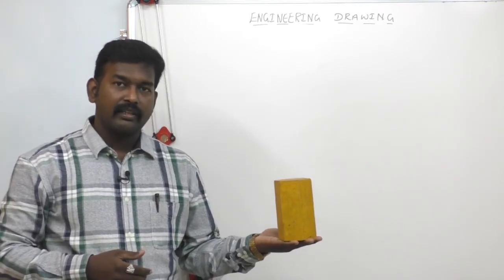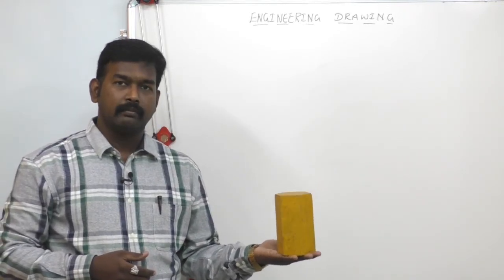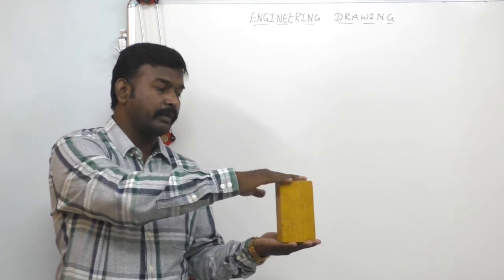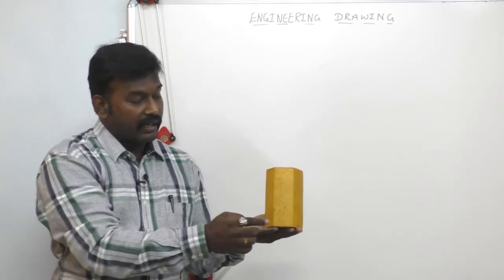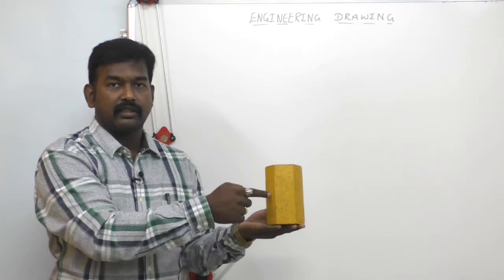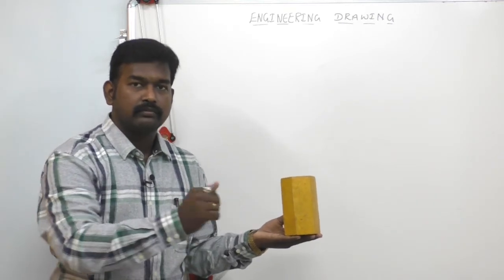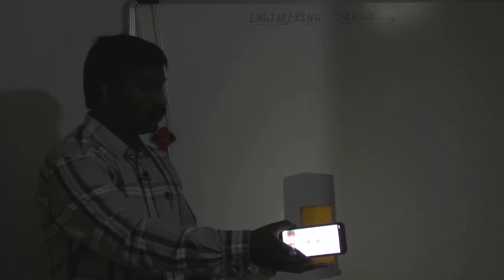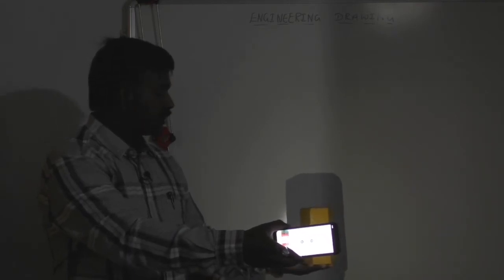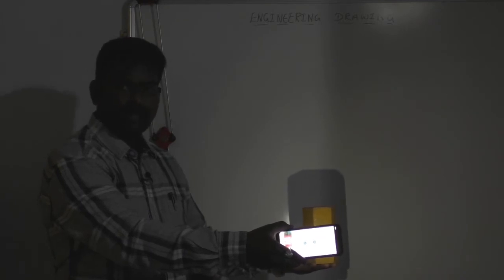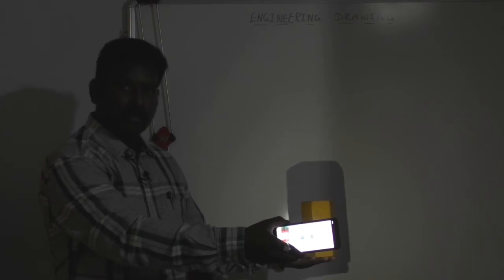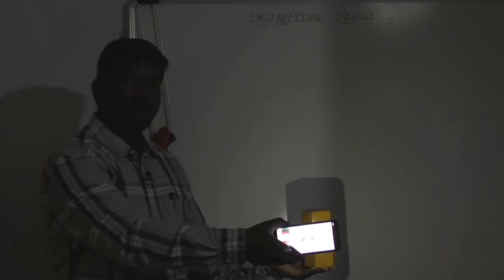Now let us take another object, a hexagonal prism. A prism has 2 bases, base 1 and base 2, and the remaining are rectangular faces. Now let us see the front view. Lights off. Here this is the front view. What you have observed on the board as the cross section is a rectangle. While rotating this, the shape of the front view also changes. According to the question, the shape of the object in the front view slightly changes.